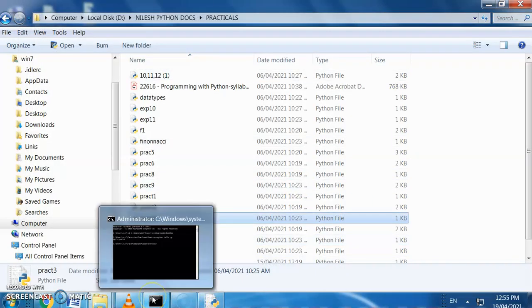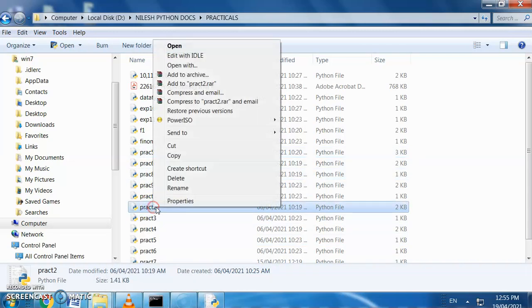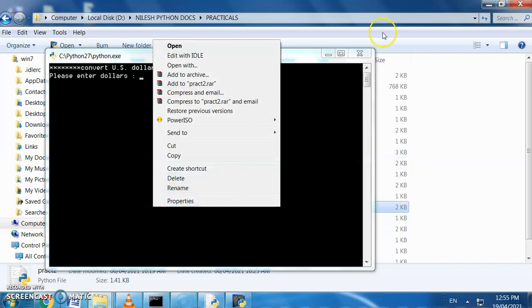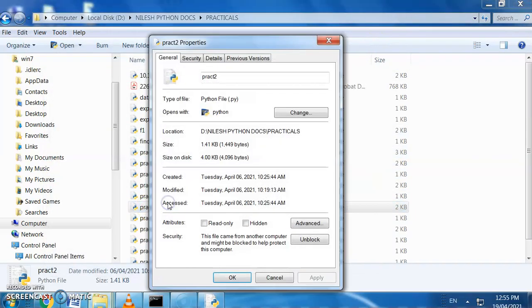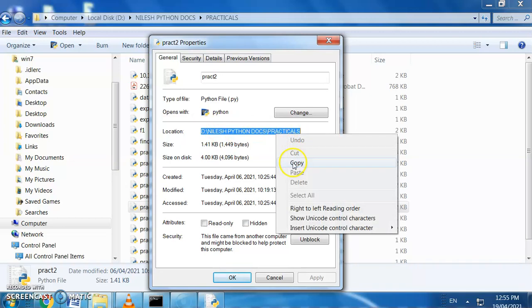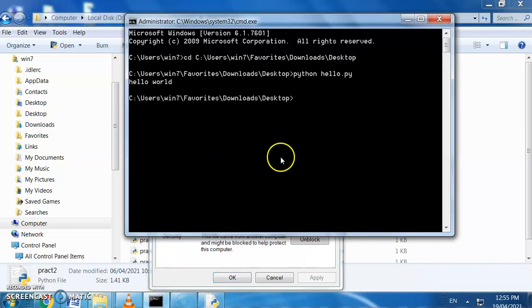To execute this, we just need to find the path. For finding the path, right click on the file and go to Properties. Select the path from the location, click on it and copy that path. Go to the command line. First change the directory.